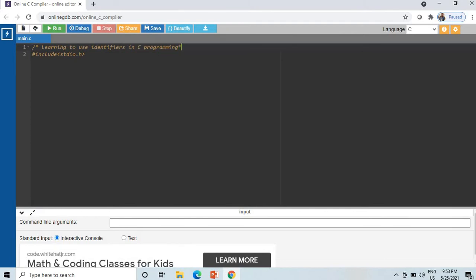As I told in the previous video, a comment statement should begin with /* and you can end it with */. If you are going to use scanf for reading your input and printf for printing your output on the monitor, then you can use the standard input output header file.